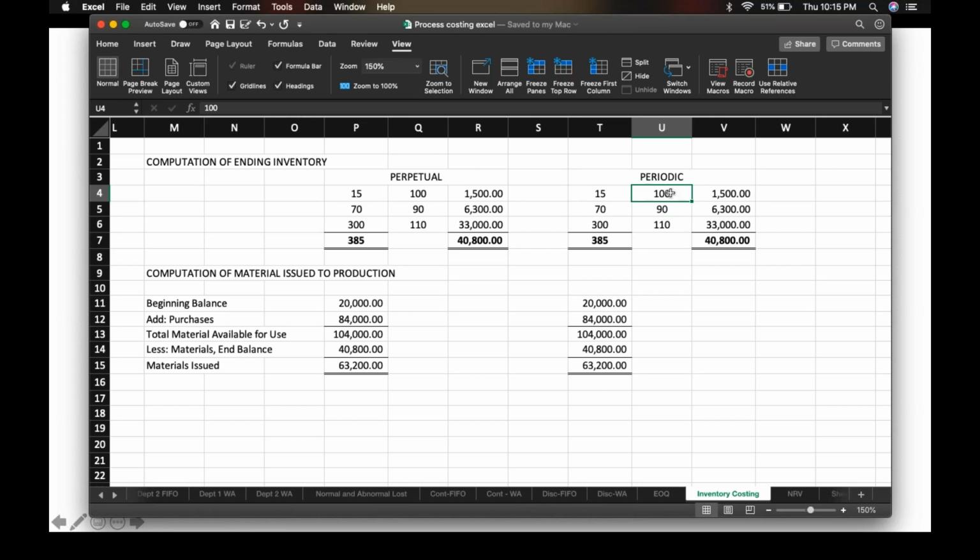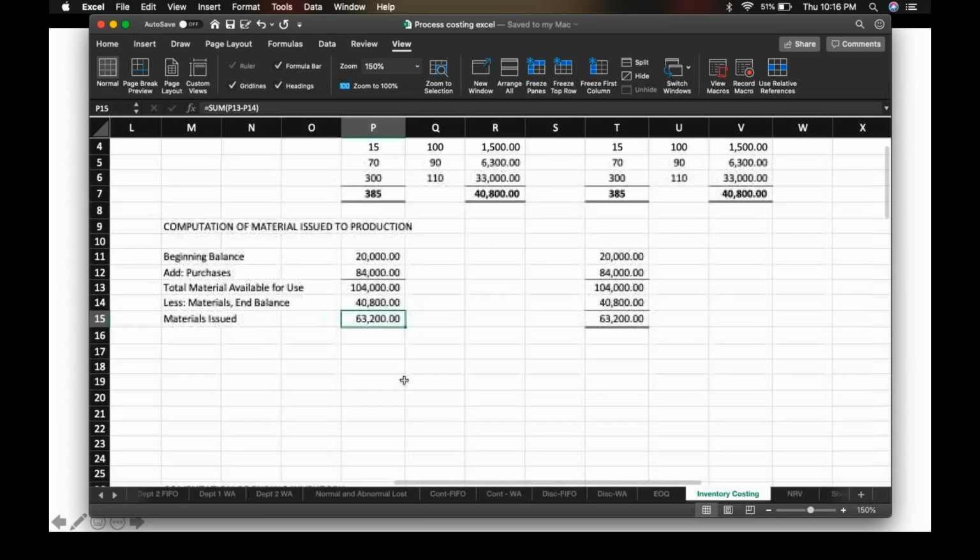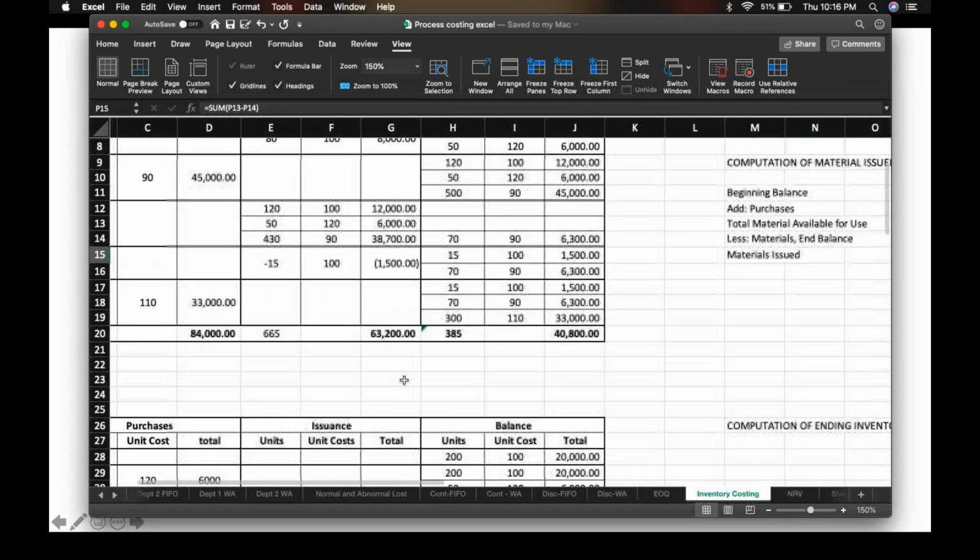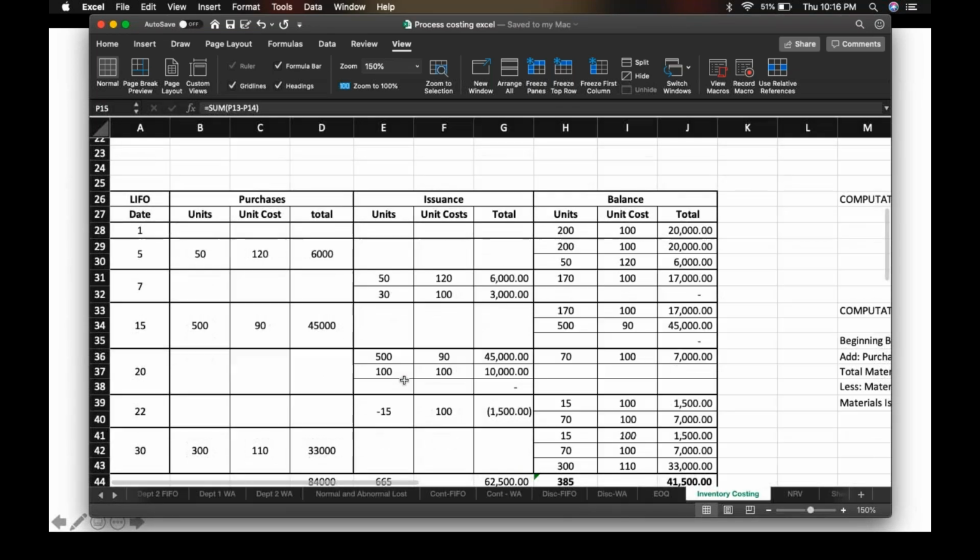Okay, so under FIFO, the ending inventory under perpetual and periodic is the same, as well as the cost of materials issued is the same. Using FIFO costing inventory method. Okay, using LIFO,